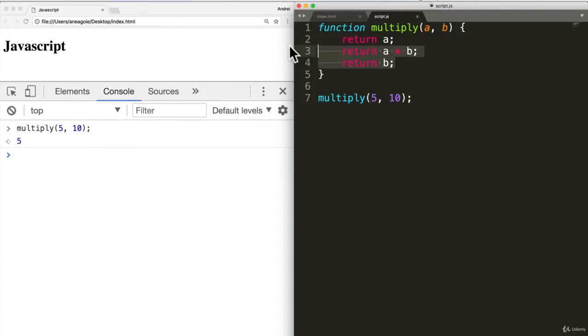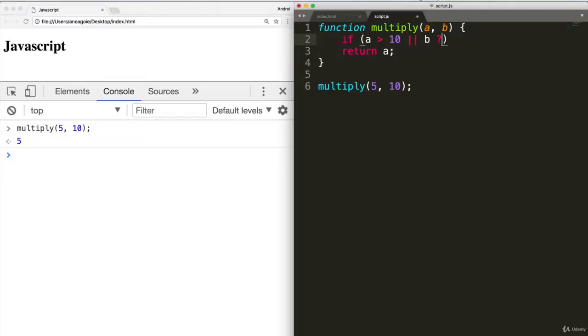So in a function, you should have one return statement. Or is that right? Let's see a case where that might not be correct. Let's add an if statement to this. Let's say that we want to do multiply, but we're also kind of lazy and we don't want to be too hard on the computer. So let's say that if, we remember the if statement, if a is greater than 10, or if b is greater than 10, we can say return